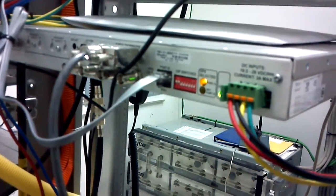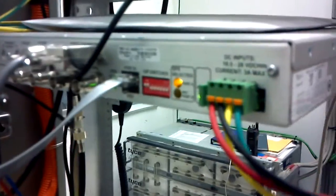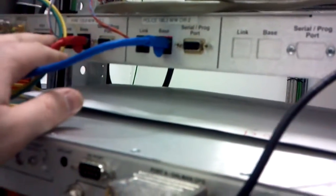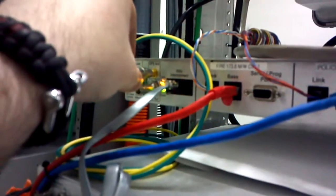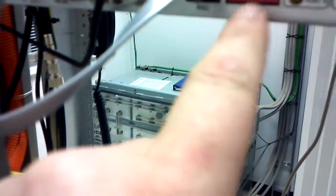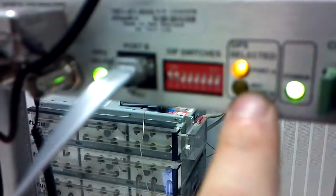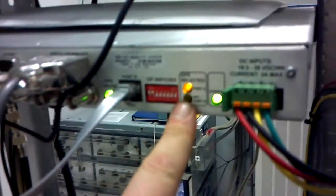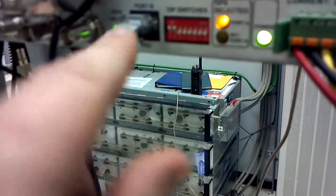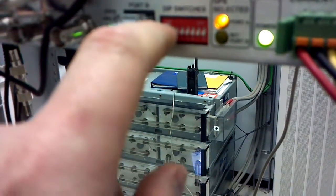Okay, this here is to document some of the technical settings. Again, the RSU is configured so it's got its own separate GPS input. The RSU interconnect comes back down. This is a rollover cable into port B. Right now it's configured to use port A, which is the DALMAN GPS. If I toggle it back and